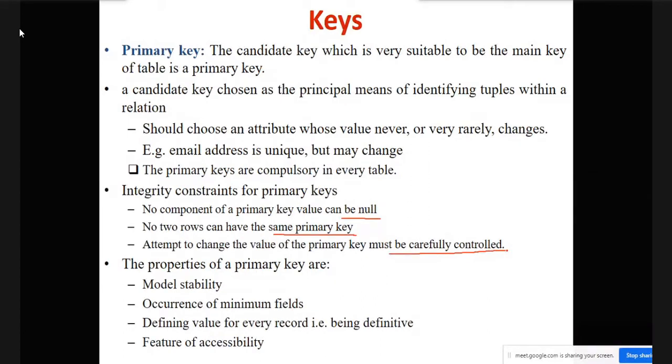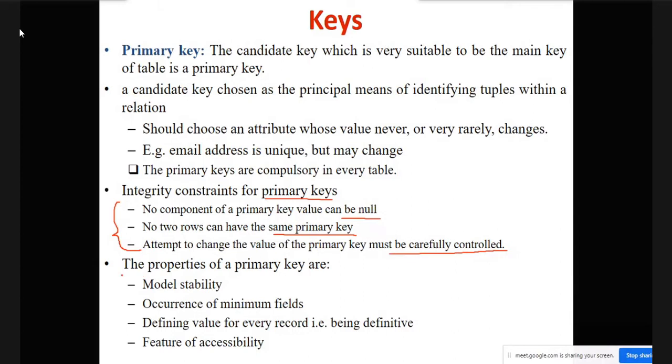Okay, and some other properties of the ER diagram. These integrity constraints are very important, because when they ask a 10 marks question about the different integrity constraints, one of the integrity constraints is your primary key. For that, you have to write all this, with the definition and all these integrity constraints.